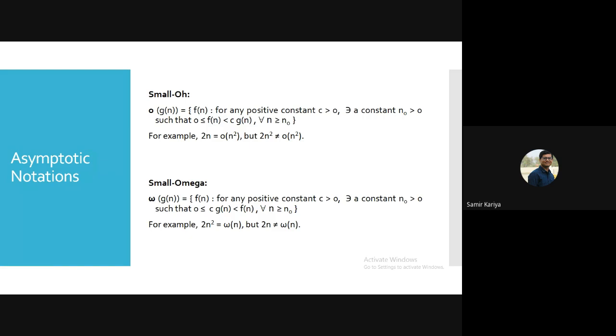Similarly, small omega, that's opposite side. कि भाई g of n है वो छोटा होना चाहिए और f of n को हायर बनाना है. f of n should be higher. So मुझे आंसर में जो लिखना है, whatever we are just writing in answer, that should be less than. See, here f of n square is given, n square is given. So we can write here n or 1. Here we can write n or 1. We cannot write n square because it is equal.